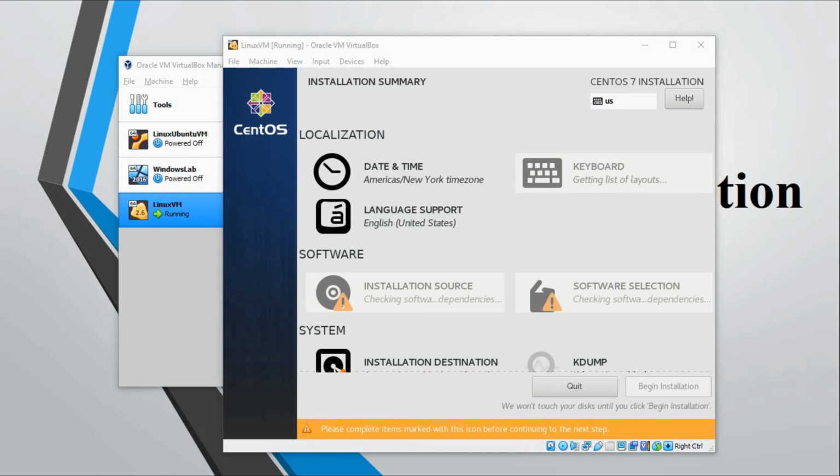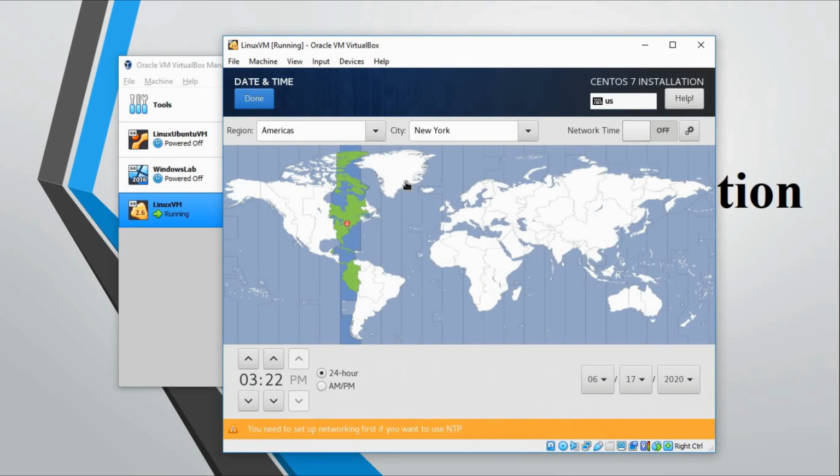Okay, in the next page it says installation summary. The first thing you need to do is click on date and time. By default it is picking up Americas, so I will change it to my time zone. You can change it to your time zone accordingly. I will click on done now.